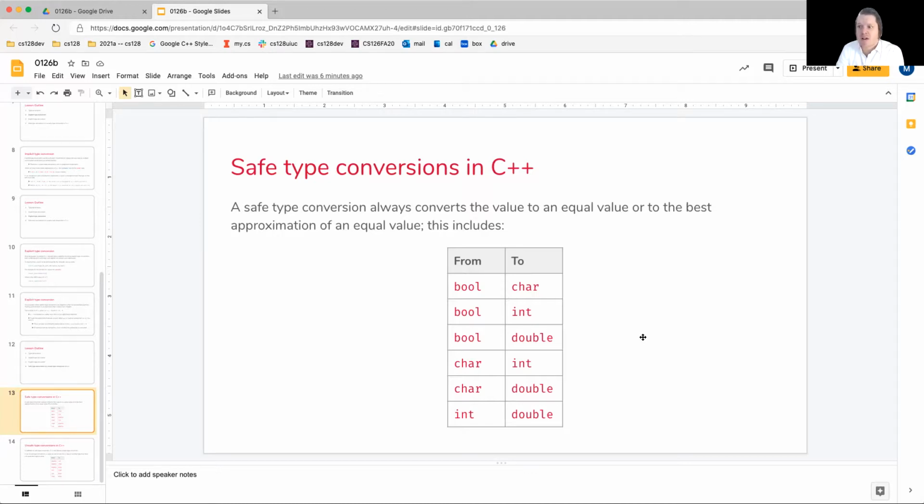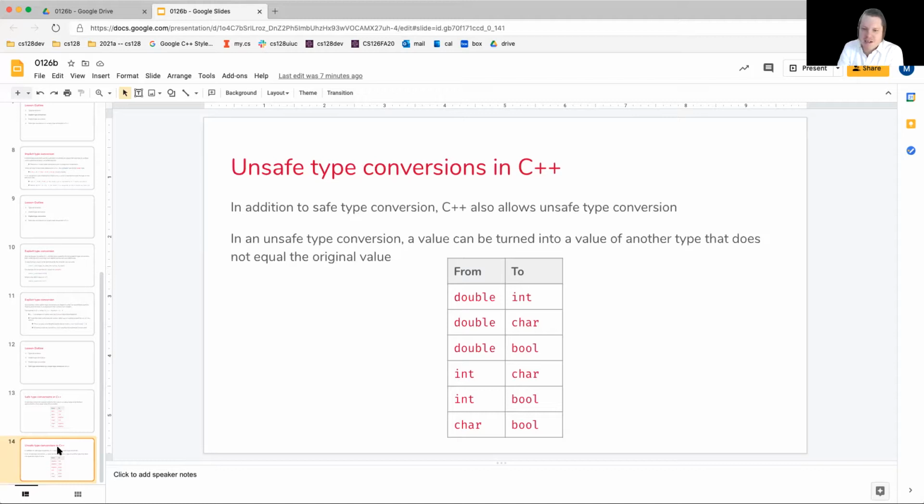Obviously, some of the other flavors of an integer, other flavors of floating point numbers, safe conversions would be those that are also widening, so a short to an int to a long, single precision to double precision to extended precision, etc. Those would all be considered safe as well. But again, we really emphasize that the types that you should be using within your program should be the 5 primitive types that we talked about. Of course, later on in the semester, we will build up into more complicated types. We'll talk about compound types, compound data, and we'll actually get into user-defined types as well. And those have their own whole way of going about defining conversions.